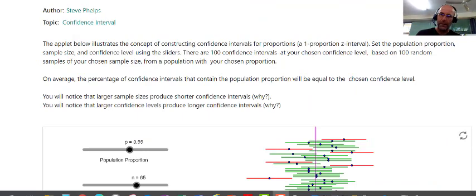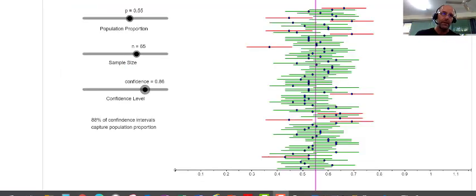The author Steve Phelps is there on the screen, just to acknowledge this. This is from GeoGebra, and this applet shows this, that we can muck around. Now we don't have the bell-shaped curve, but we don't really need it. So in the pink we've got the population parameter there. You can see where my cursor is going vertically down and up the screen. That's the true population parameter. Okay, it might be the population proportion. We probably don't know that. Okay, usually you don't know that,